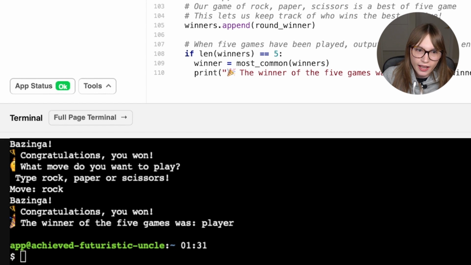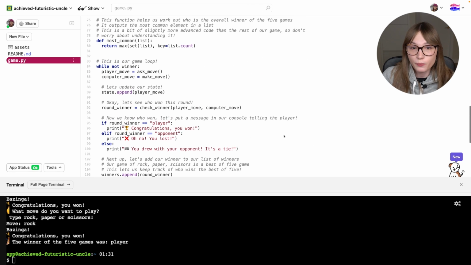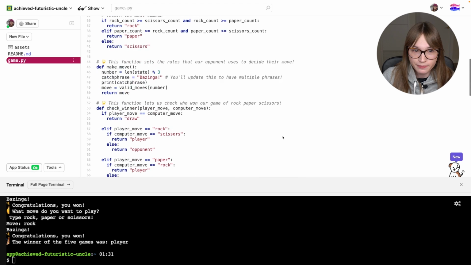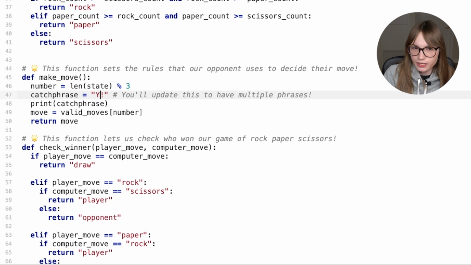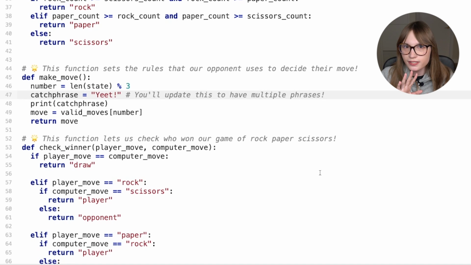Let's scroll up, and let's see if I can find where this is. See if you can beat me. Well, I think I can see it. If we wanted to change a catchphrase that our computer says, which line would we change? Well, I think there's a pretty obvious one here. Let's go and change it to my favorite word, yeet. Now remember, this is a string. It's really important you remember the quotes around whichever catchphrase you put in, because otherwise, well, it won't know it's a string and it won't work.